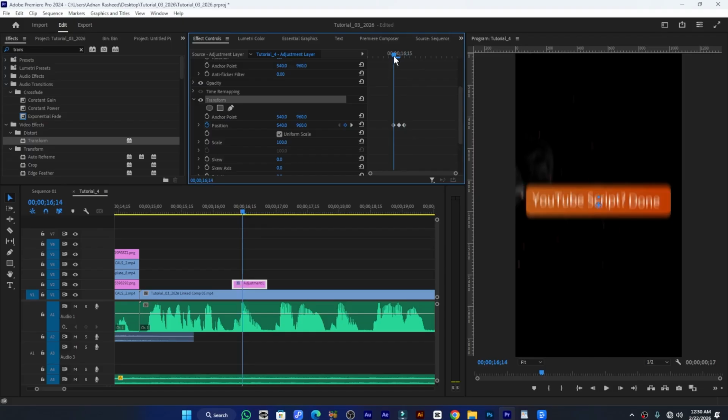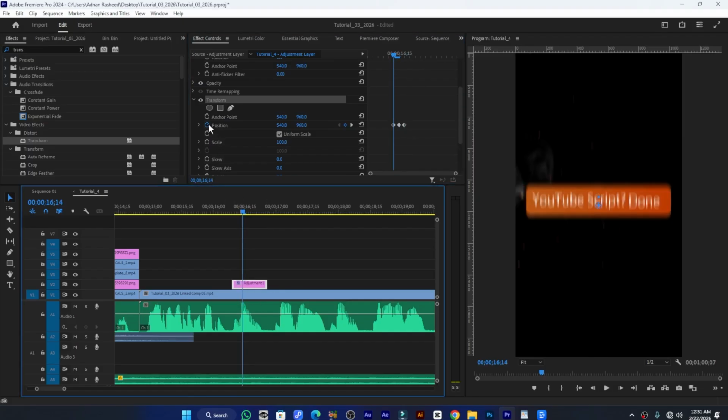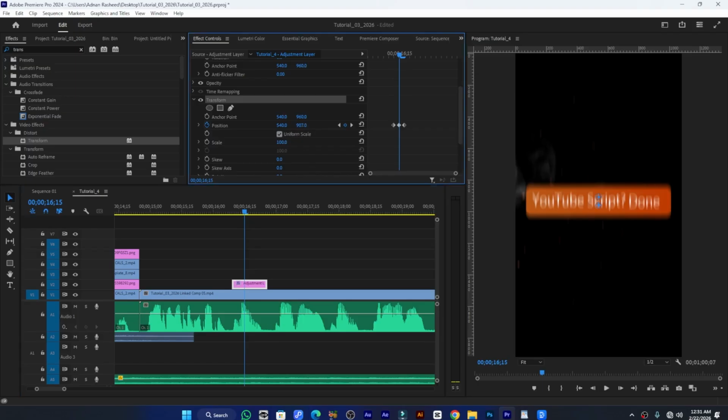So for that, at this point maybe over here, what I will do, simply add the position keyframe. Okay, first keyframe, and set its original value, and then you need to press Ctrl, then press right arrow one time, one frame forward. Then you need to change its value. You can move it upside, downside, whatever you want. Okay, I want to move it upside, then again press right arrow one time more,